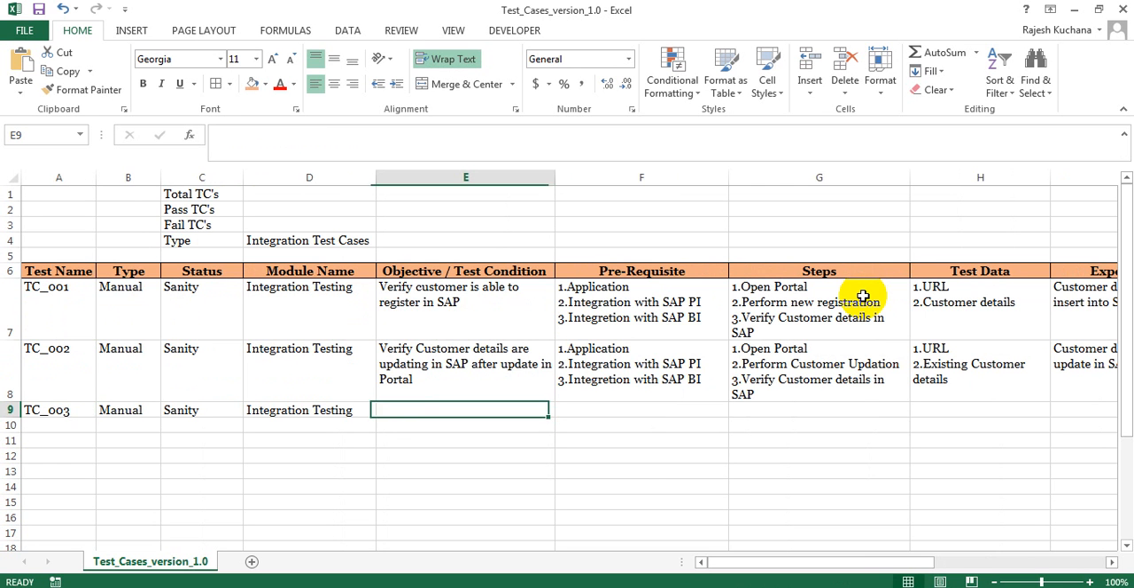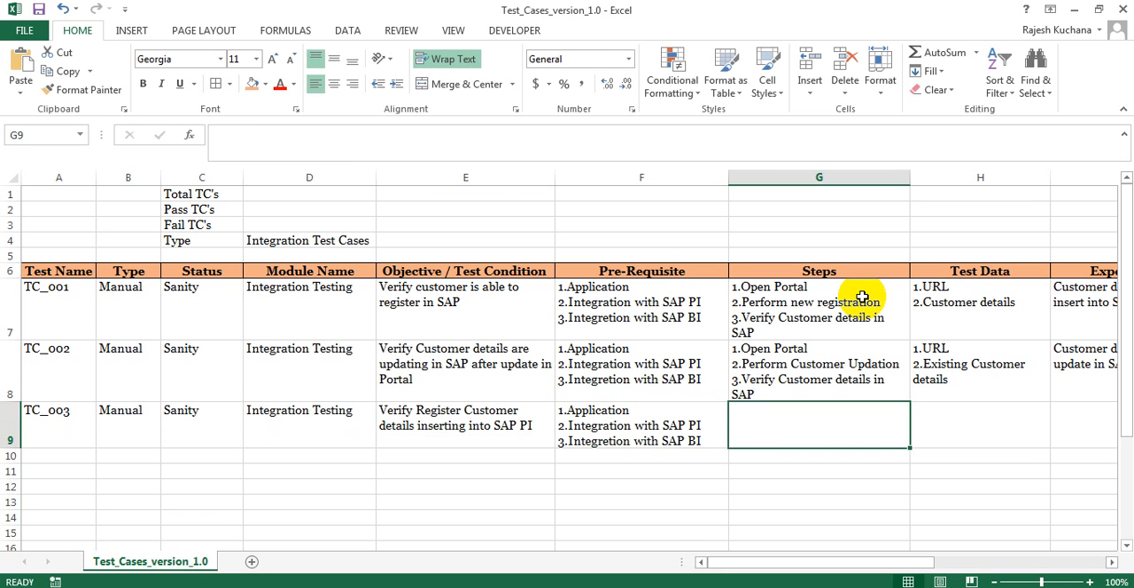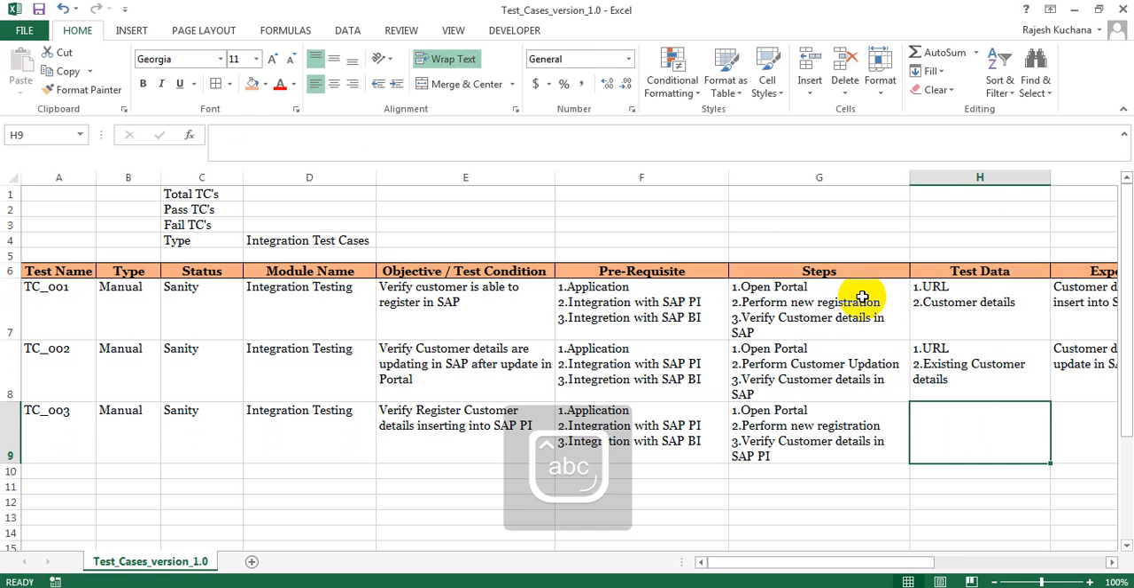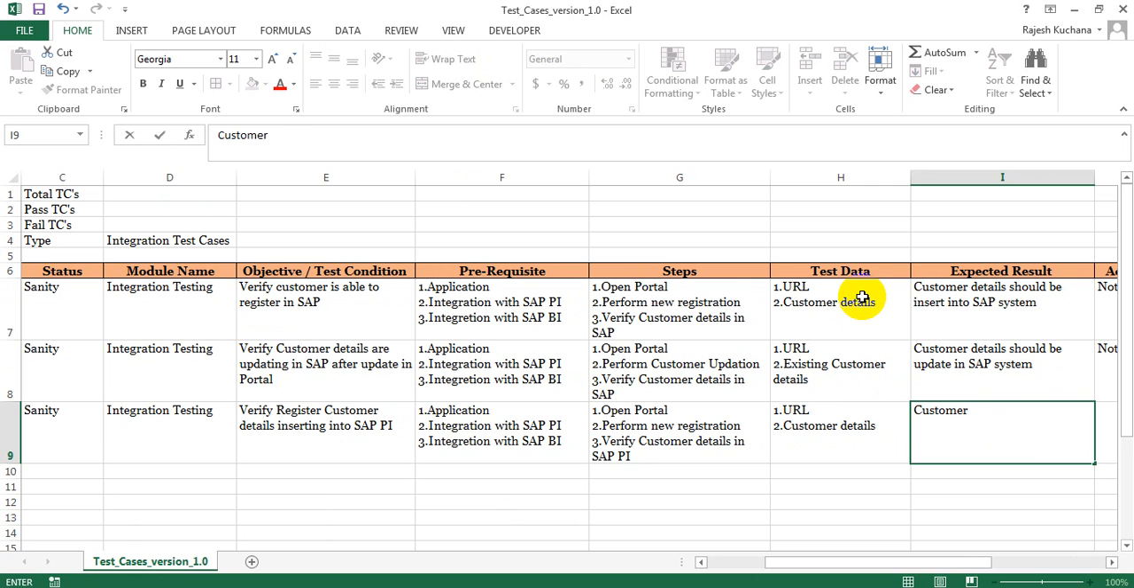Test case 3. What will happen? Test case 3: verify registered customer details are inserting into SAP PI. Okay, same as this one. It's in SAP PI. Here it will display that customer details should be inserted into the SAP PI system, and